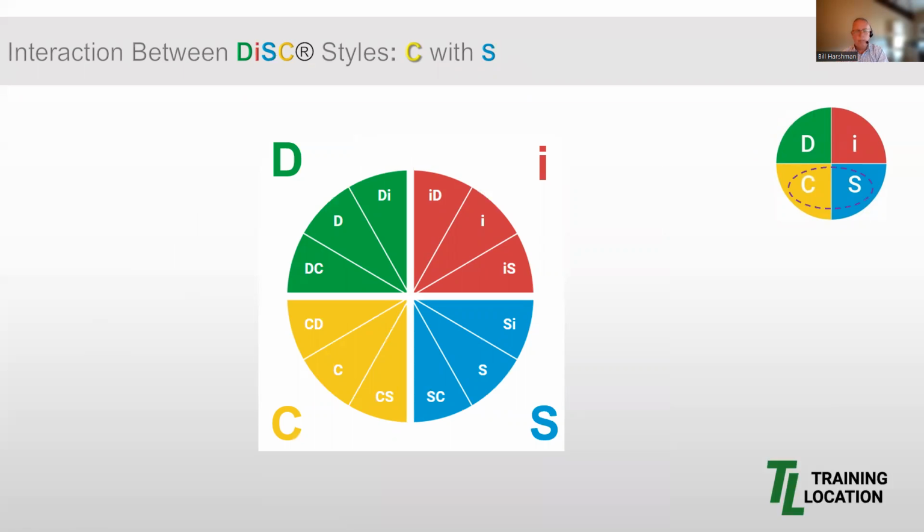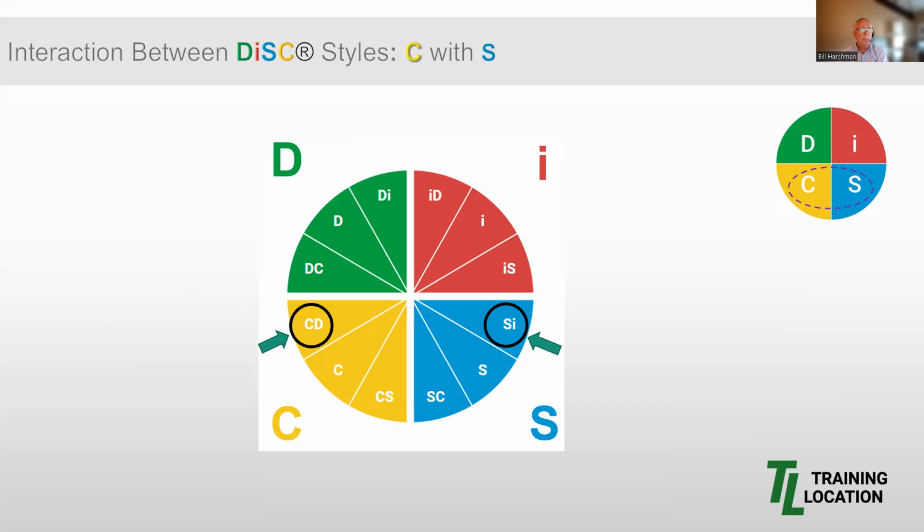Okay, so let's go back to our real case. Suppose we find the results of the Everything DISC of the two employees we were talking about are actually CD and SI, respectively. Let's focus on the interaction between them. We see that the CD primary style has a strong inclination, meaning it's on the outside of the circle, while having a close proximity to the neighboring D quadrant. We see that the SI style also has a strong inclination at the outer edge of the circle, while having close proximity to the I quadrant.